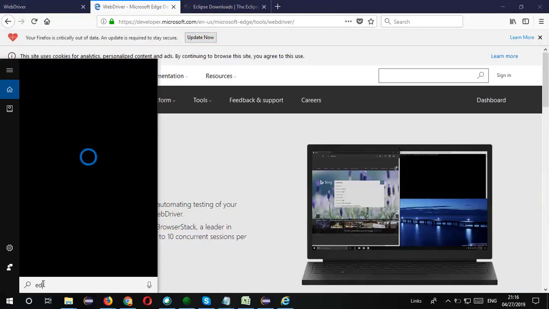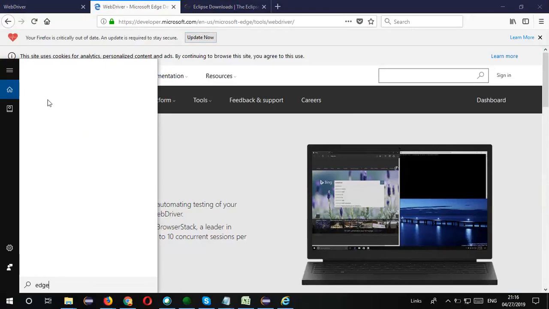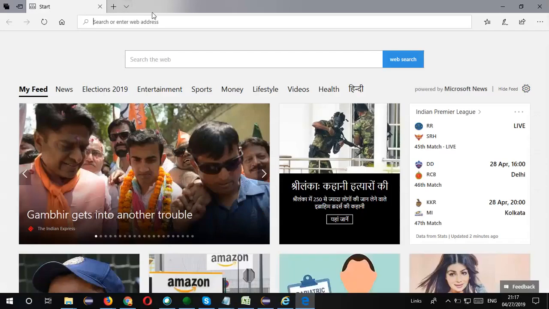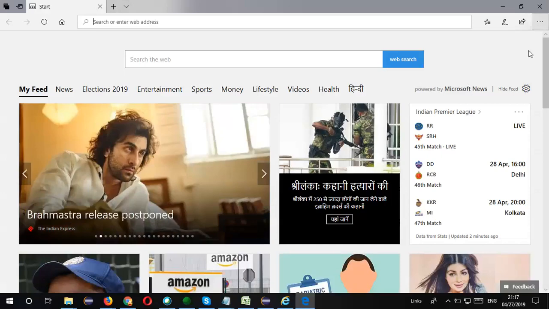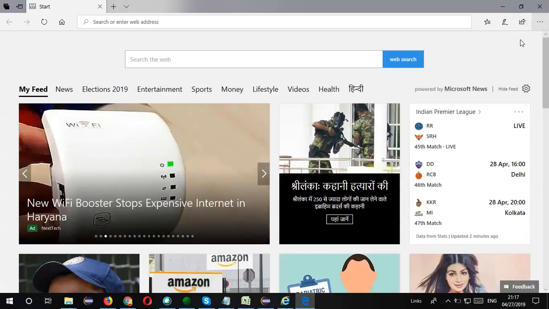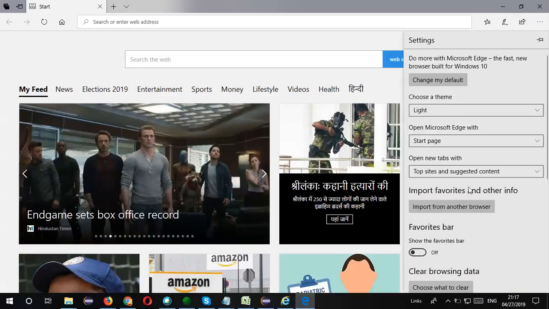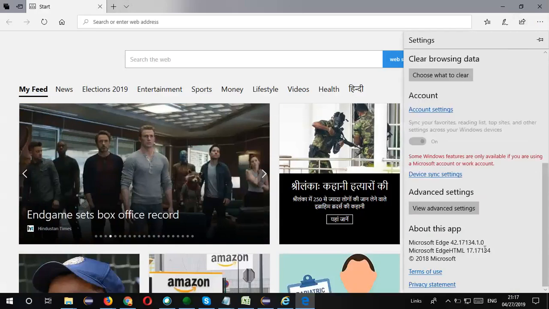You open the Edge in Windows 10. Hold on. I don't use it. Just a minute. In Edge, you go to the menu option. Just a minute. Yeah, go to settings. Okay, and you will have the Edge version noted over here,